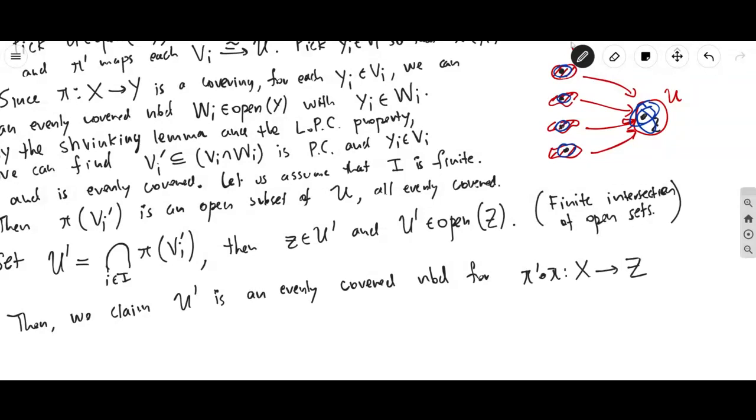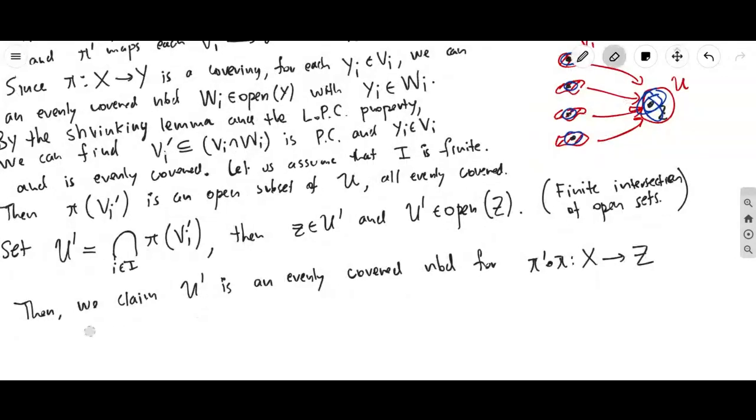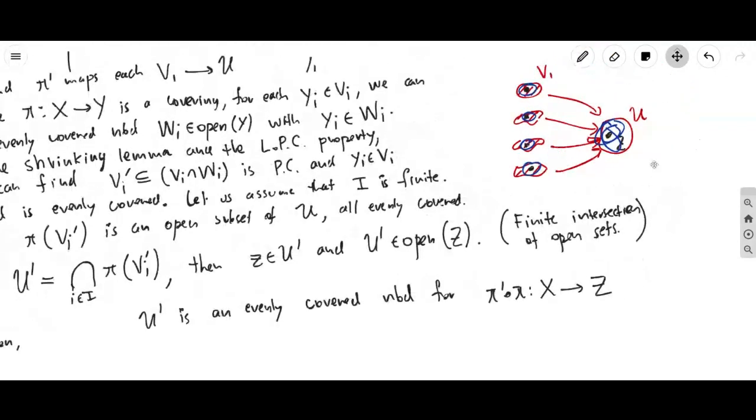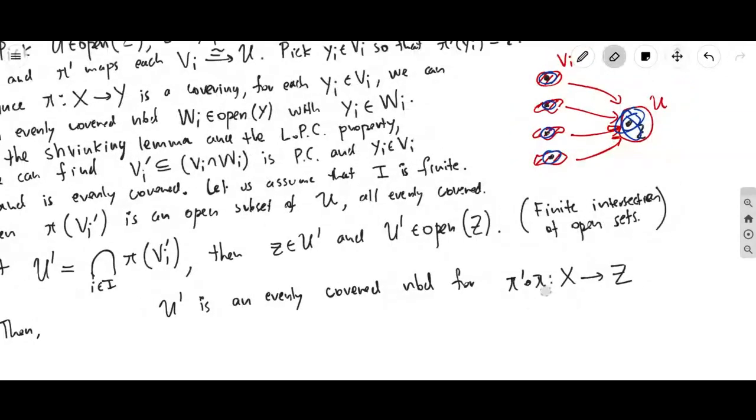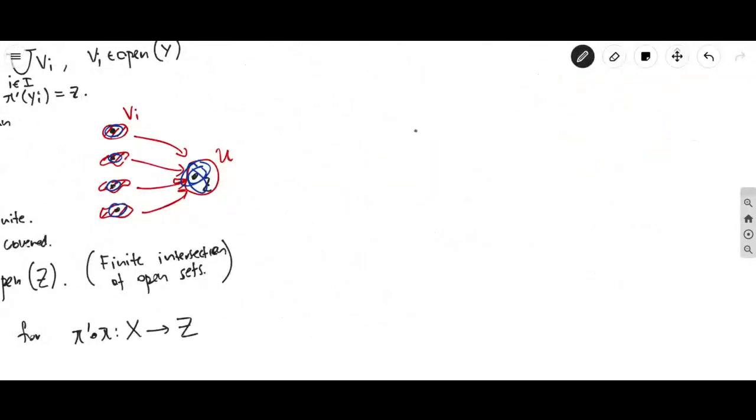And the reason for this just has to do with the fact that I want to be lazy. I do not want to write it out, because I kind of think I've written out the main idea. So I'll just say then U prime is an evenly covered neighborhood, because you see, what happens when you do the composition? When you do the composition, if you pull something back using